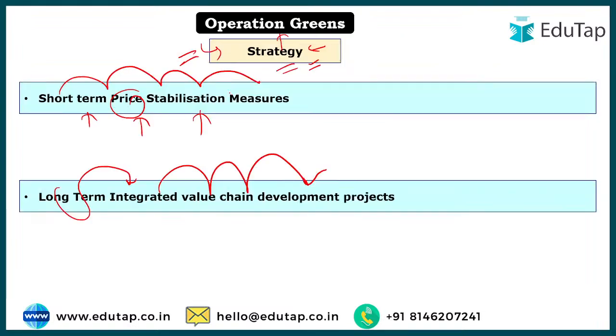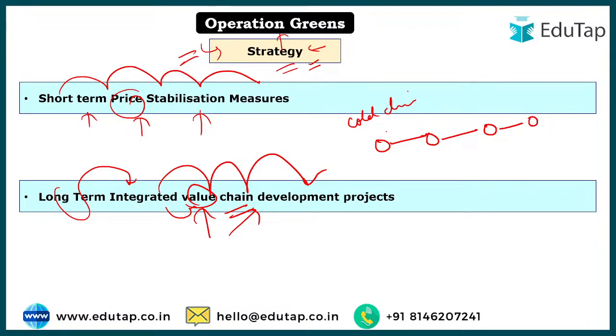Okay, I want to clear one more thing in this, if you don't know what is a value chain. Cold chain that I talked about, what is cold chain that I talked about? The trucks with proper refrigeration facility, right? That's a different thing. Integrated value chain, value chain means adding value and by a chain process. Chain is what? There in chain there are various steps that are involved, right?